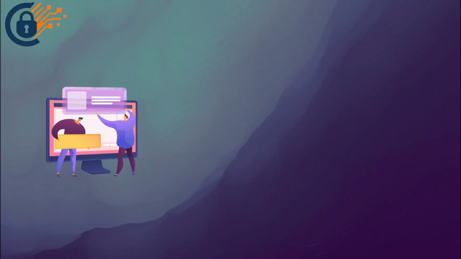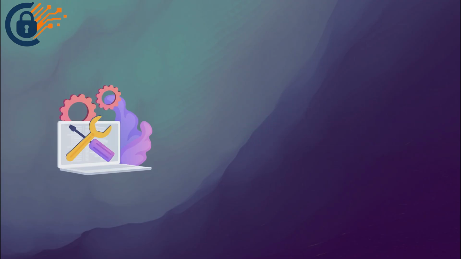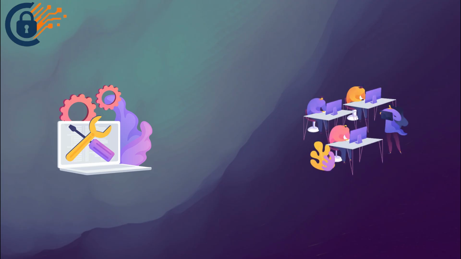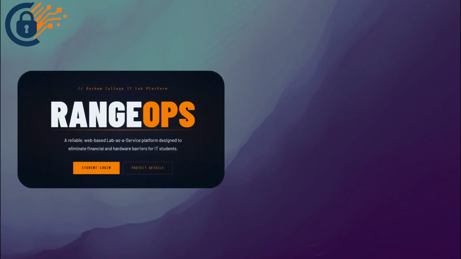Hi, we are rangeops, a web-based lab-as-a-service platform built to support over 800 IT students at Durham College. Students should not have to choose between outdated hardware and falling behind in lab work. We solve this by hosting a lab centrally, giving students 100% web access without needing to install a VPN